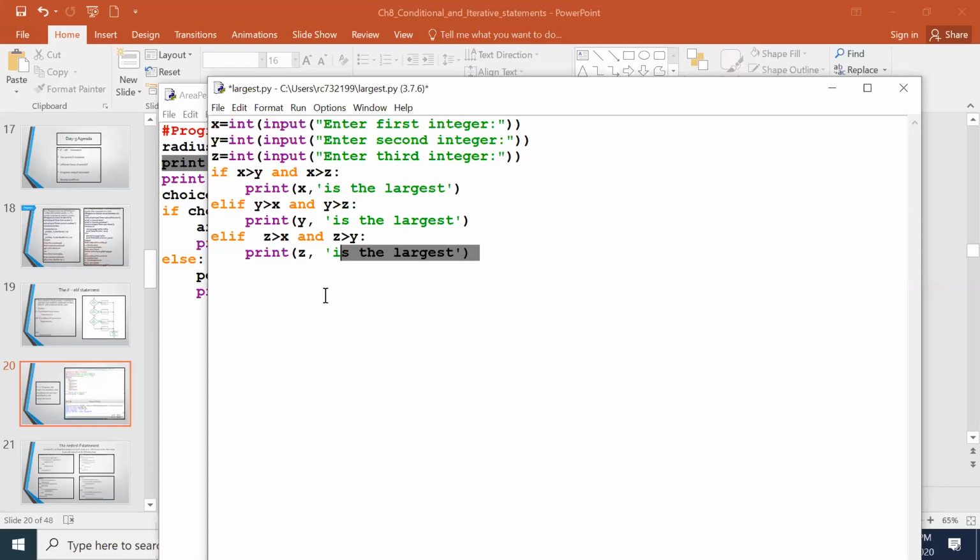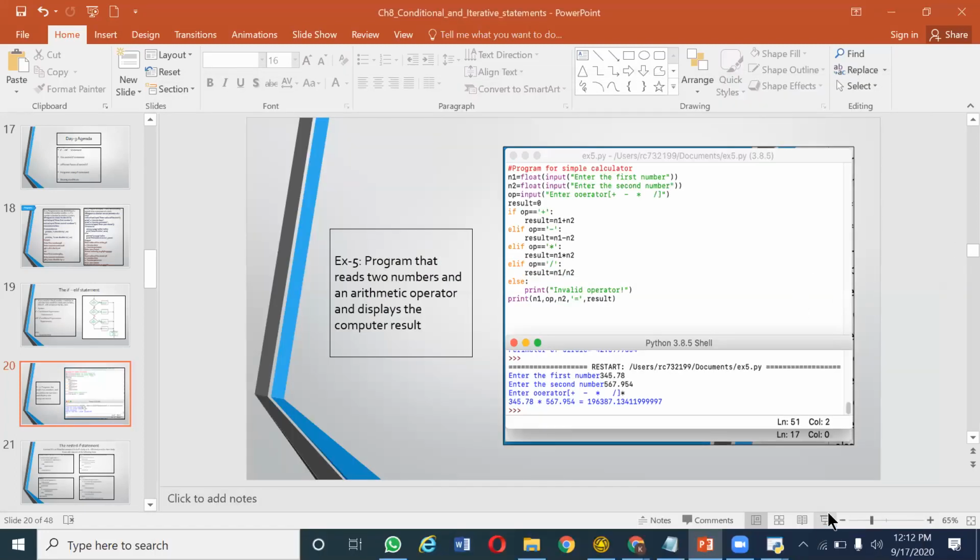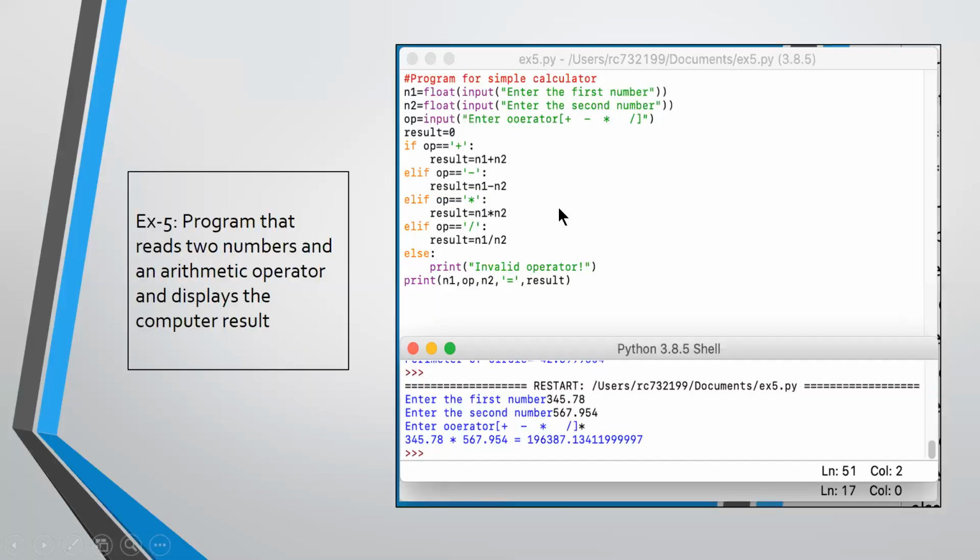Am I clear? Yes, ma'am. Right, okay. So preferably wherever you can go for the if elif control structure, it is always advisable to go for it as compared to your simple if structure.